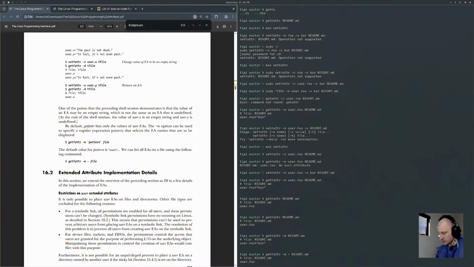Other file types are excluded for the following reason. For a symbolic link, all permissions are enabled for all users, and these permissions can't be changed. Symbolic link permissions have no meaning on Linux, as detailed in section 18.2. This means that permissions can't be used to prevent arbitrary users from placing user EAs on a symbolic link. The resolution of this problem is to prevent all users from creating user EAs on symbolic links. For device files, sockets, and FIFOs, the permissions control